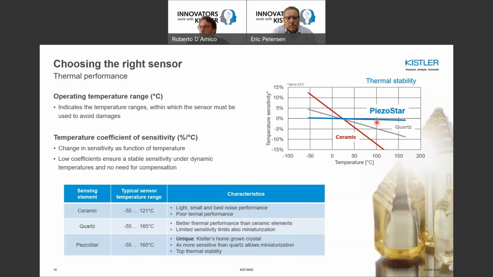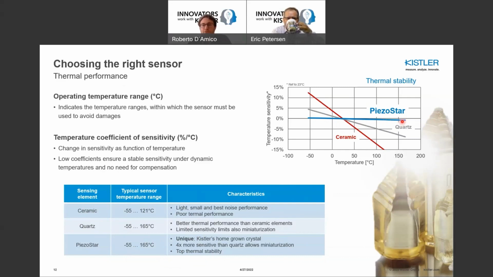And this is a proprietary crystal of Kistler, developed and basically grown in our laboratories. It's called PiezoStar. The PiezoStar crystal allows you to cover the same temperature range of a quartz. So it allows you to get to the maximum limit, in this case for IEPE of a quartz sensing element. So it provides no boundary in that direction, but it allows you to have a thermal stability which is nearly perfect. So it's topping the market in terms of thermal stability, and the advantage you would get is